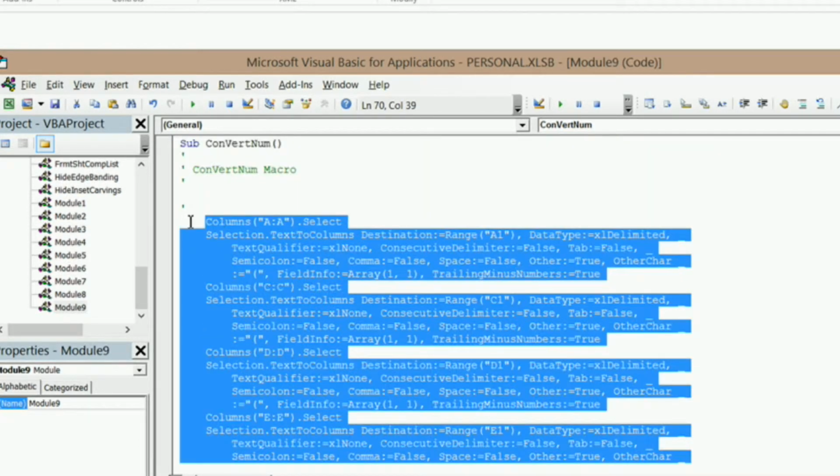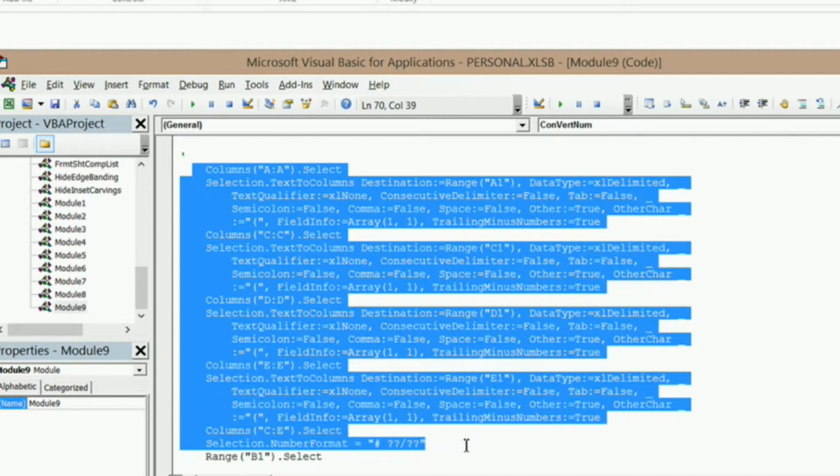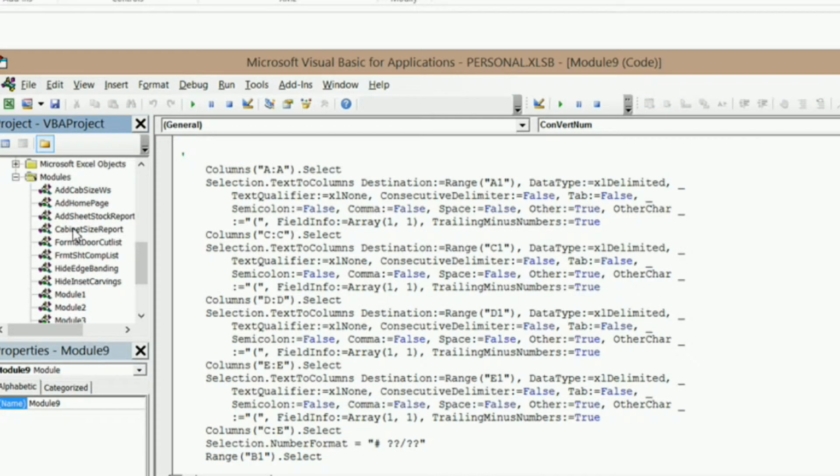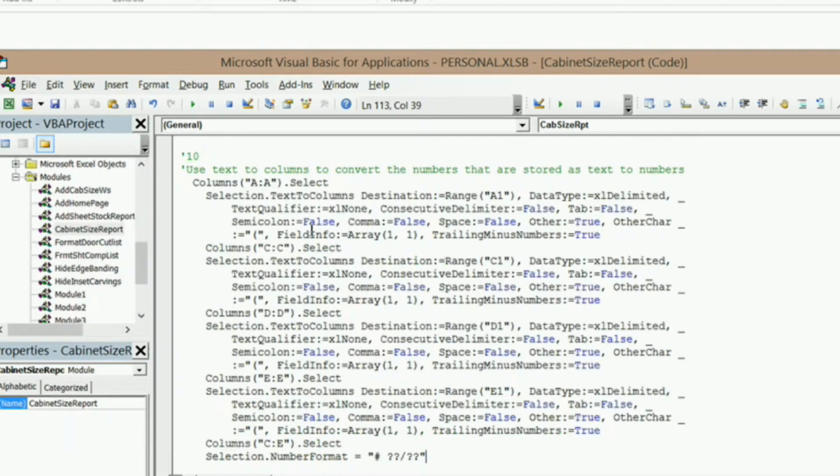Everything up to, and actually I don't even need this range b1.select, so I'm not going to include that. I'm going to copy that and come back into my cabinet size report, and in step 10 here I'm going to paste it. And again, what I'm going to do is type in my CS report